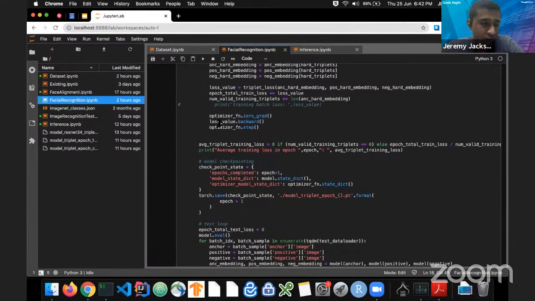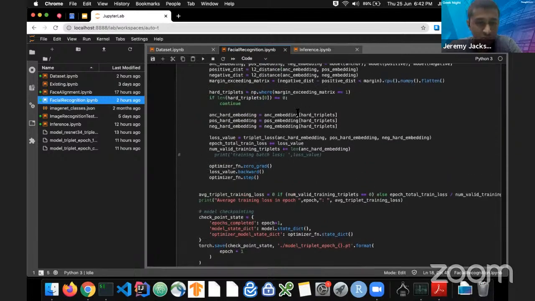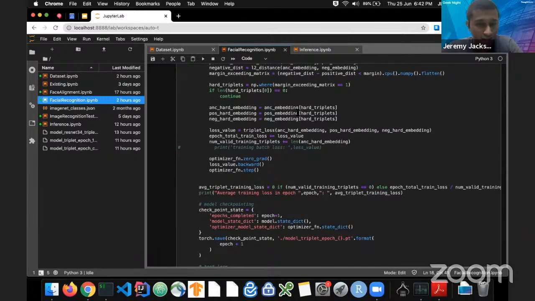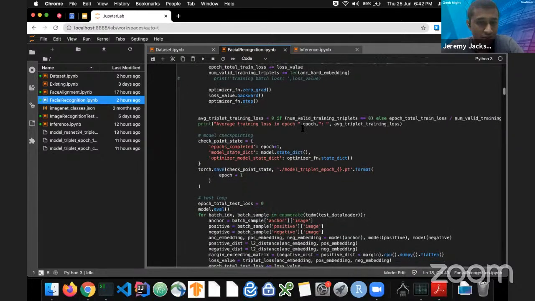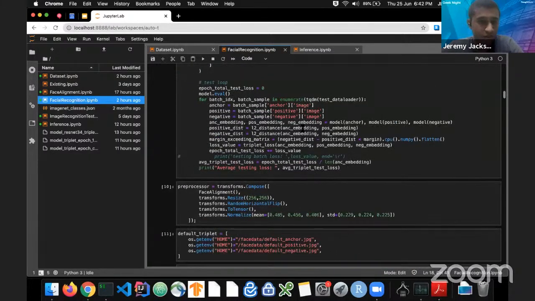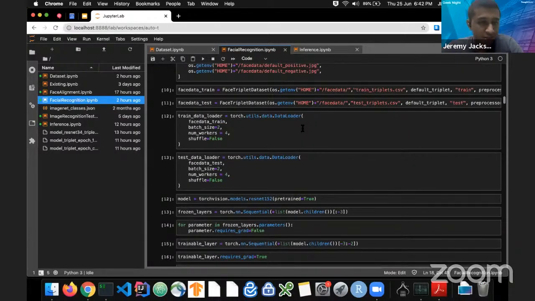And you do some kind of optimization algorithm on it. So you can use stochastic gradient descent, ADAM, or whichever optimizer is suitable. And in this project, we have used the ADAM optimizer. So you can record your average training loss in an epoch and measure the testing loss. And once the training is done,